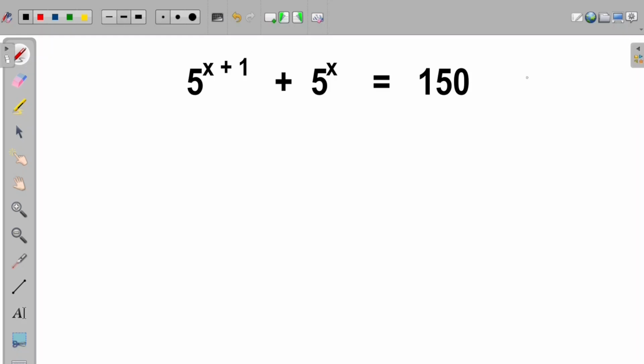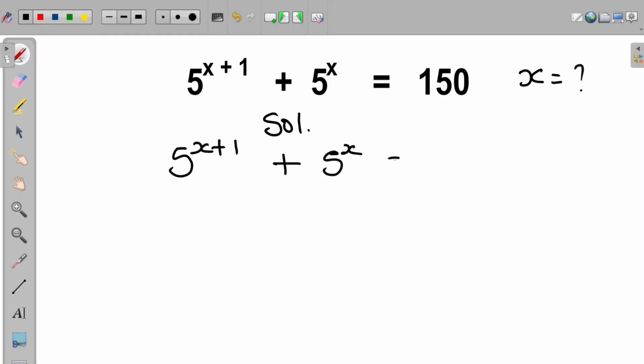We are asked to obtain the value of x, given that 5 raised to the power of x plus 1 plus 5 raised to the power of x is equal to 150. Now let's obtain the solution. The equation given to us is 5 raised to the power of x plus 1 plus 5 raised to the power of x is equal to